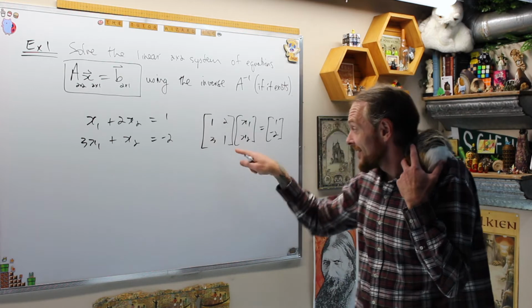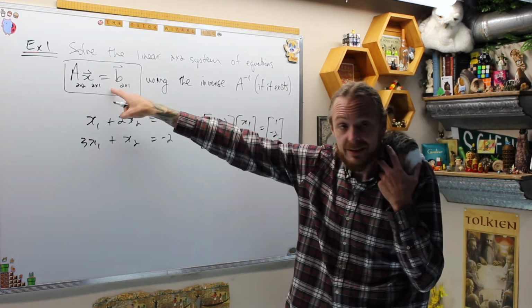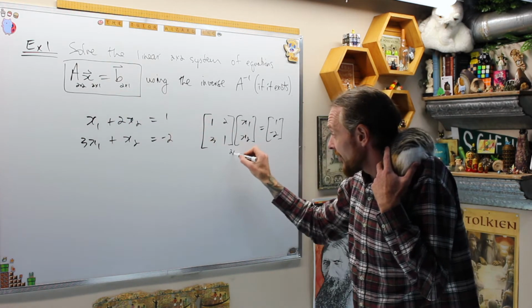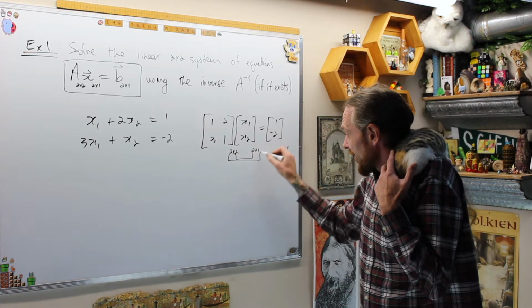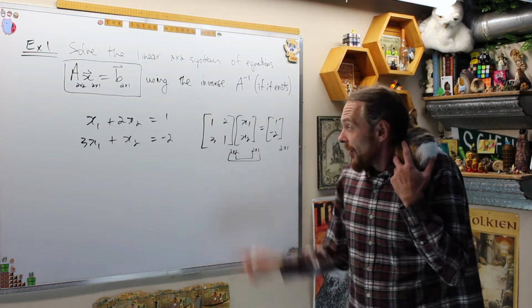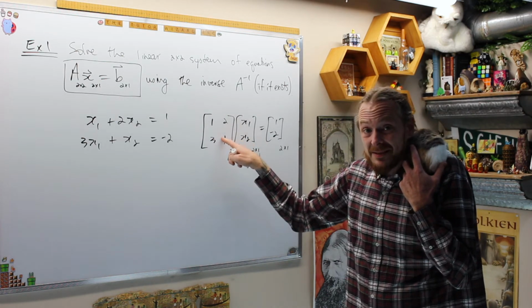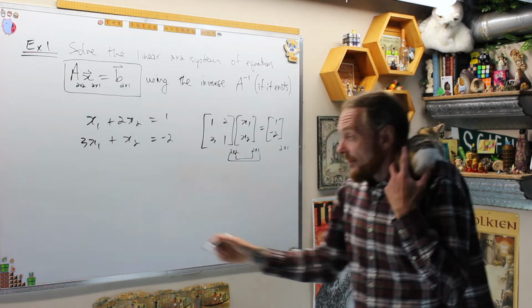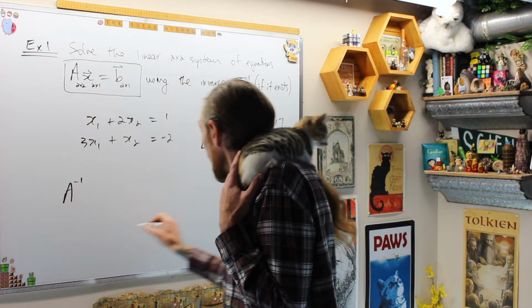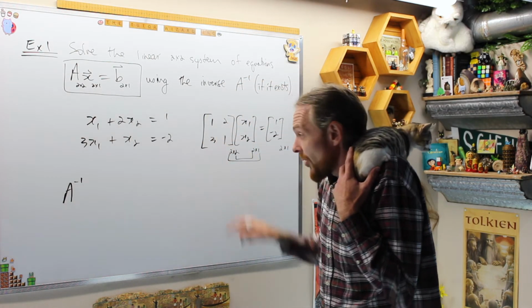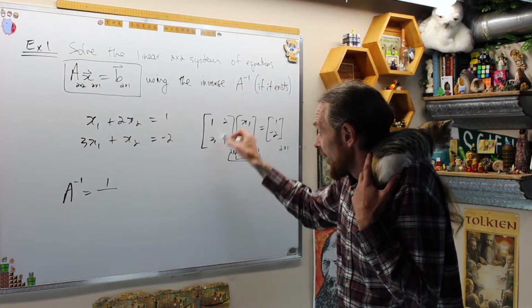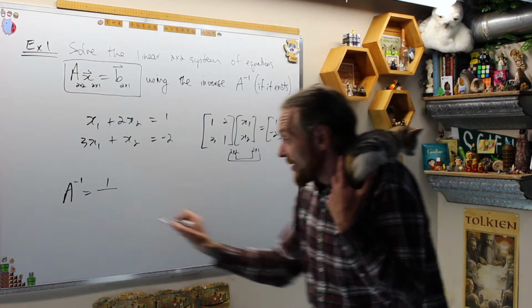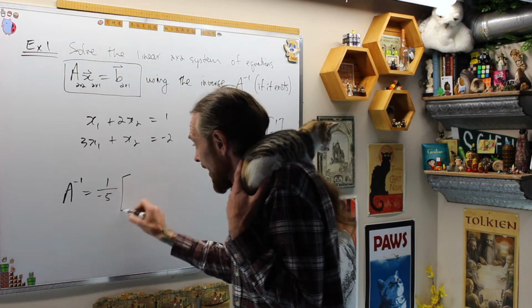What I now need is, this is Ax equals b. This is a 2x2 matrix. This is a 2x1 matrix, and the outcome will be the same size, which will be 2x1. What we're now going to do is find the inverse of this and multiply this equation by that inverse. So what is A inverse? Well, A is 1, 2, 3, 1. So the inverse is 1 over the determinant, which is 1 minus 6, which is -5, times,